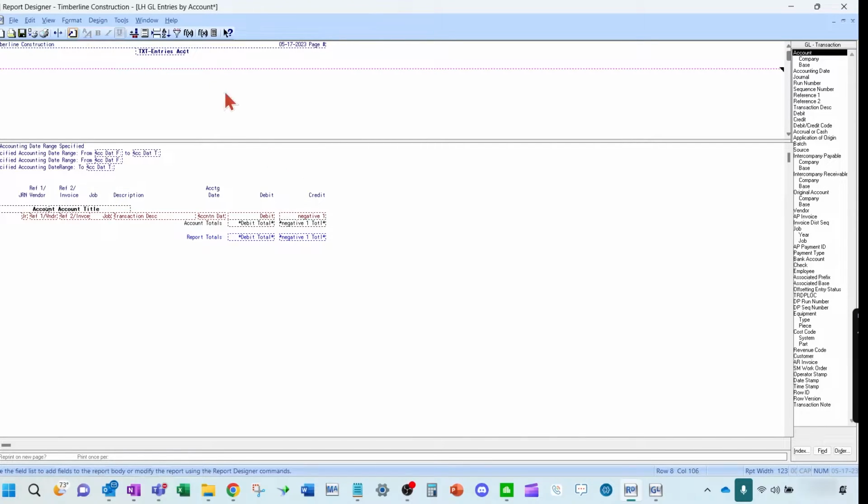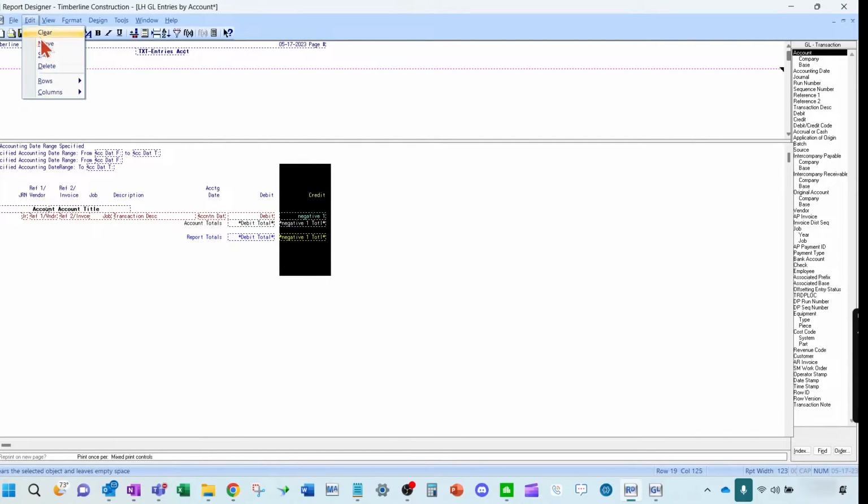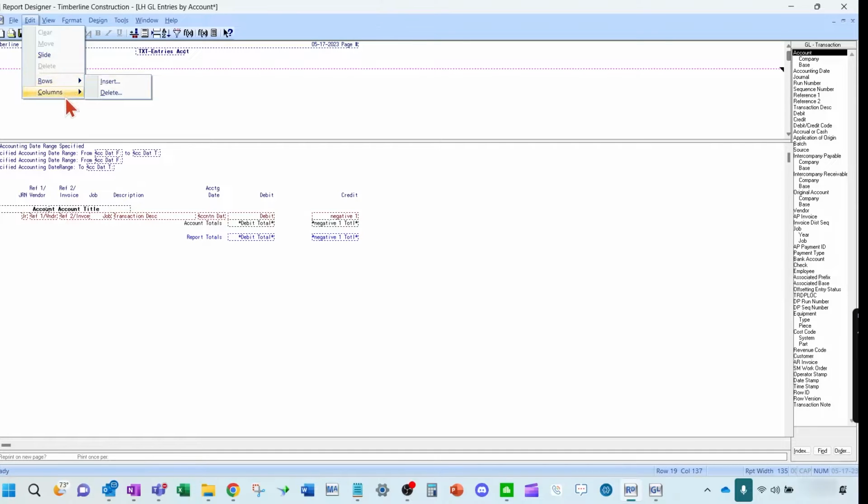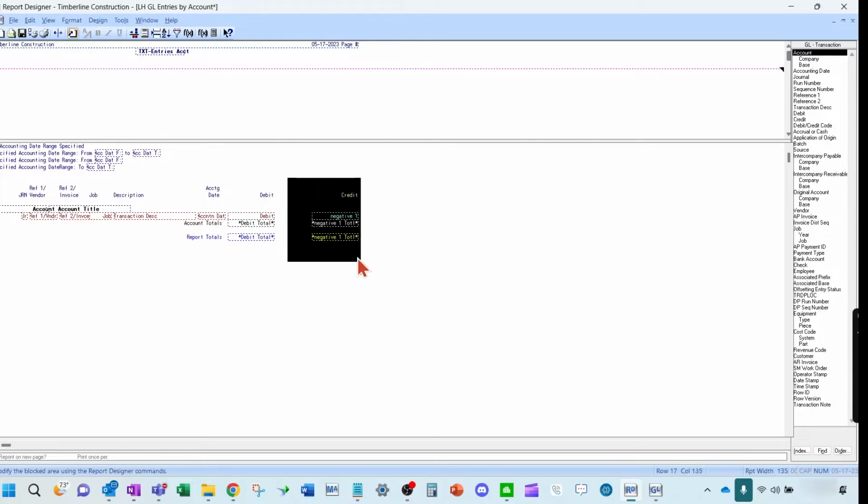Let me get it working here. Use that to move over the data. If you don't do that, it doesn't move it quite right. This credit might stay here. These fields might go in a not aligned order. Okay, so it kind of moves it all together. Okay, there's also some other functions up here like clear and delete and inserting rows and columns. Okay, but I wanted to point this out that it's not as simple as just highlighting it, clicking and moving. Okay, if you want it to go well.